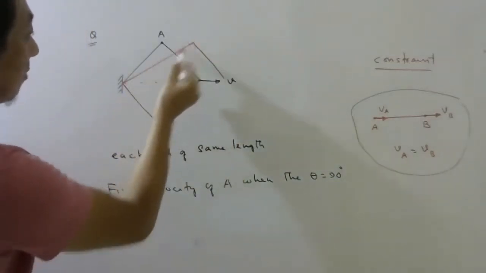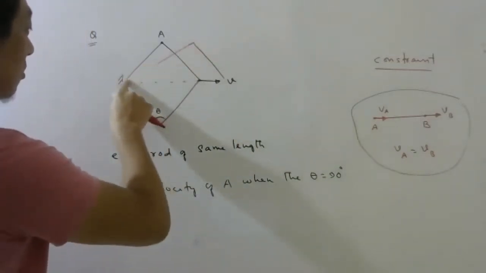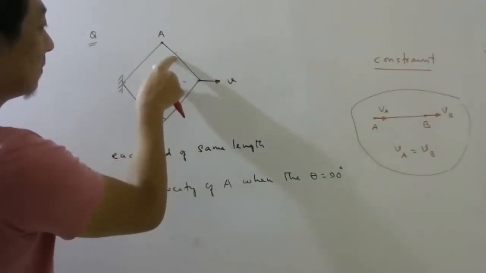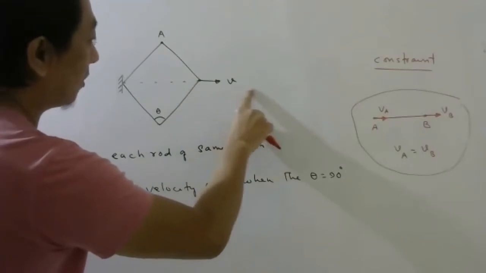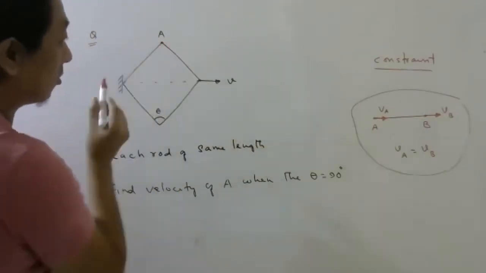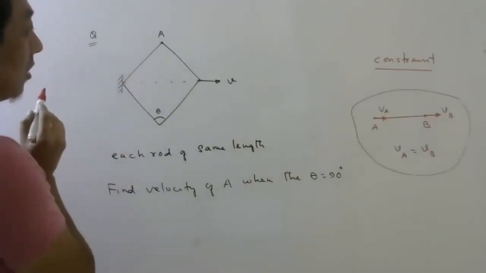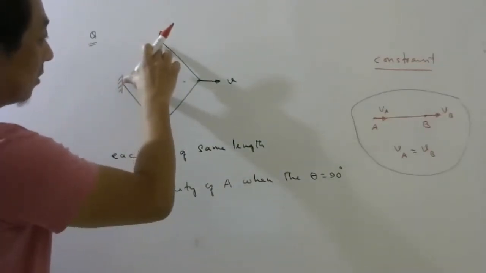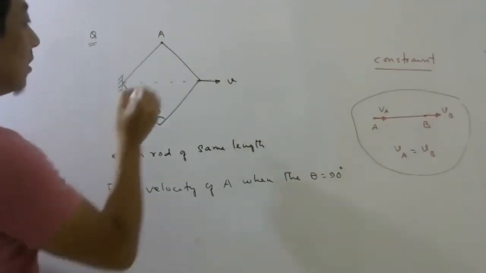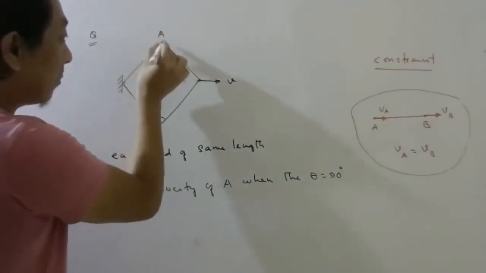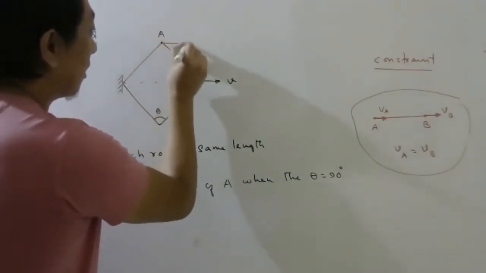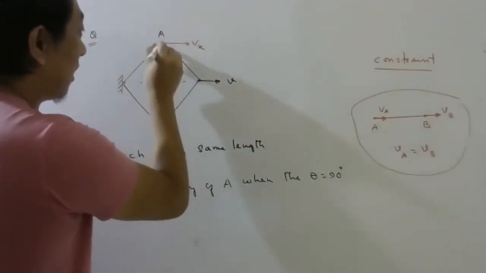But how can this become longer? So one thing is clear. When you move this point this way, this point will move this way also, but down also. Understood? So this part of the rod will be somewhere here after some time. Since you have no idea about the velocity of this, let me call this point has velocity components Vx and Vy.